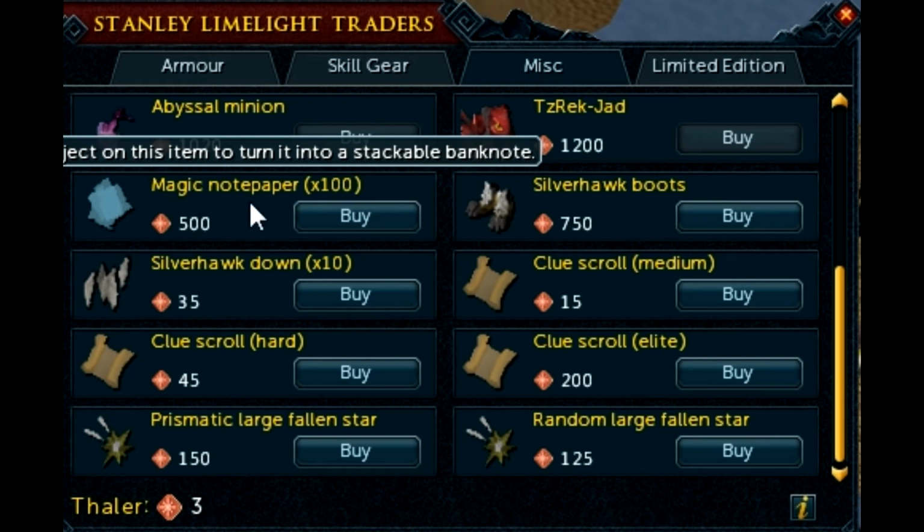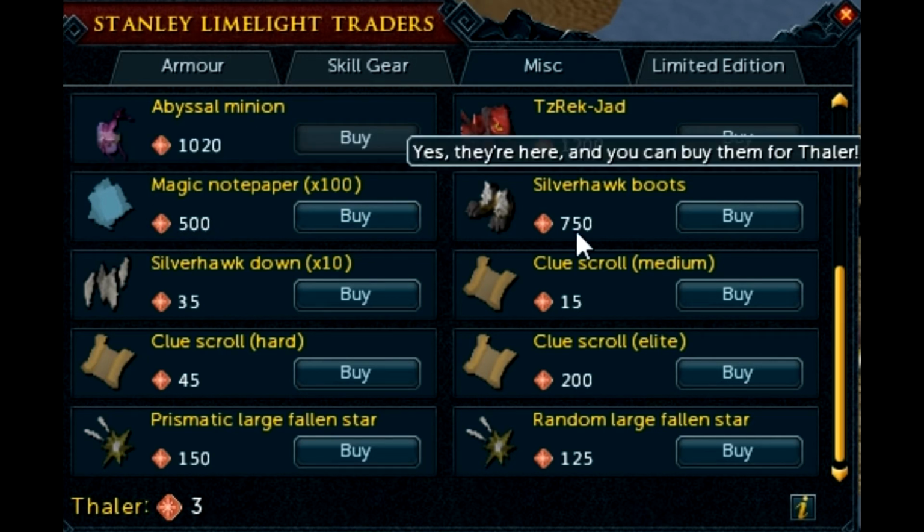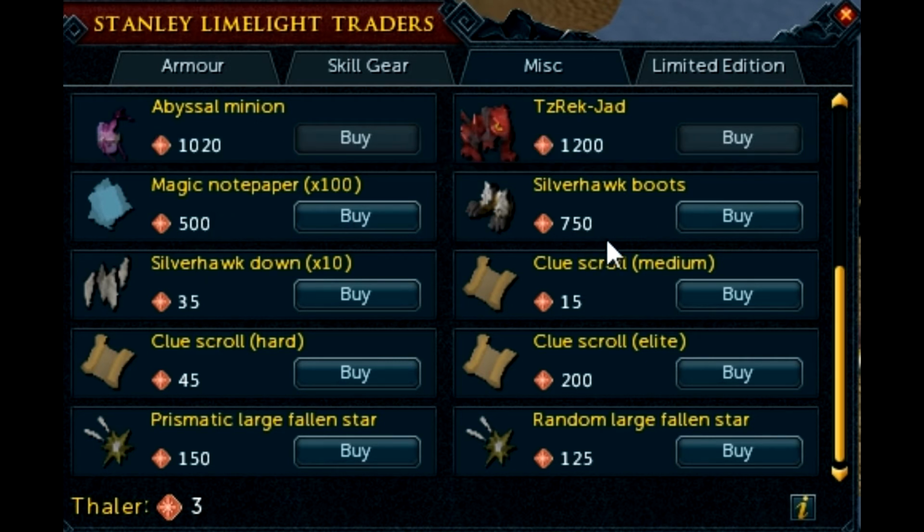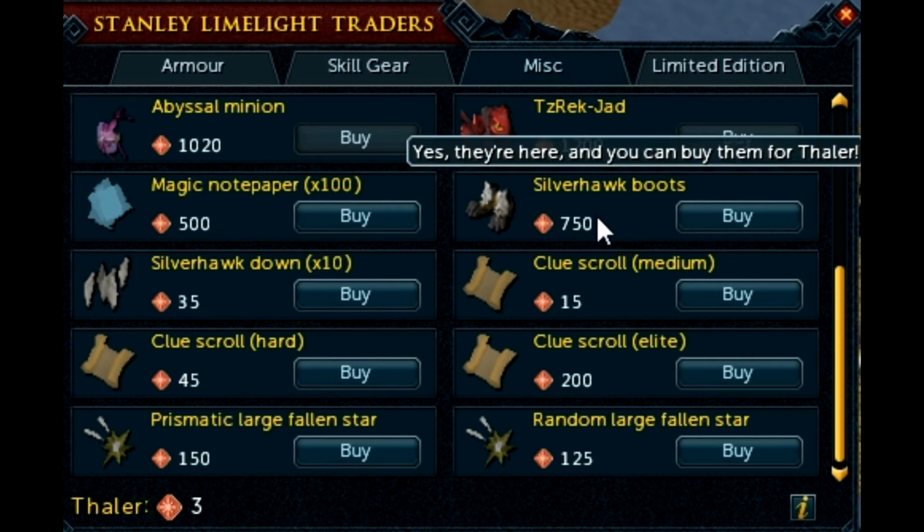It is tradable, but that definitely means that I don't think that's getting devalued. That's probably staying the same price as it currently is, because things won't go up in price because they're not getting rarer. It's just an alternate method, but the alternate method isn't impacting on it. Silverhawk boots, now this may, well, so you can't trade them, but 750 is fairly expensive,